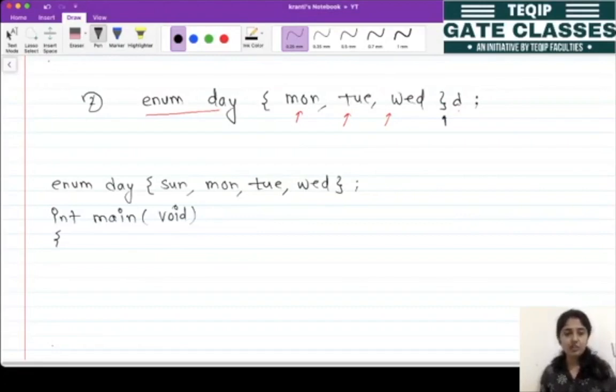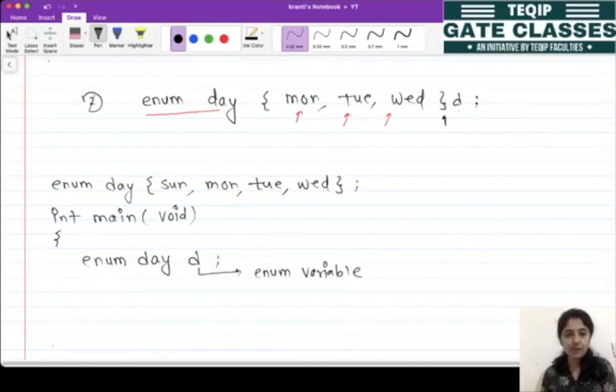Okay, so here in order to access this, I need to declare one enum variable. So let's say my variable is d. So after writing this statement, this statement indicates d is our enum variable, right. So this is our enum variable of type enum day, है ना। तो because enum day is our user defined data type. तो अब ये जो d है, d can hold the value either Sunday, Monday, Tuesday or Wednesday. अगर इन चारों में से if we specify any other value or assign any other thing to this d, definitely we'll get the compile time error.